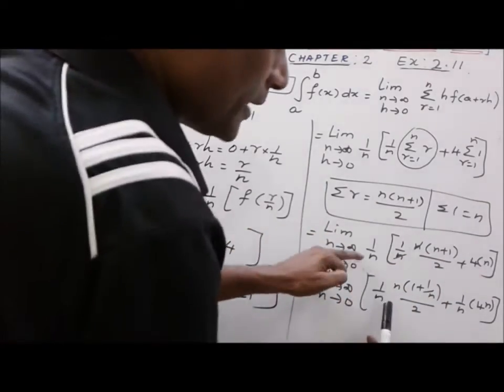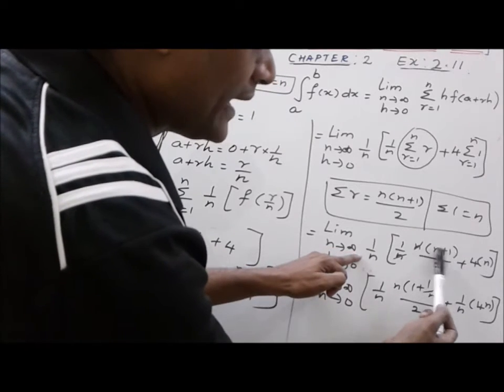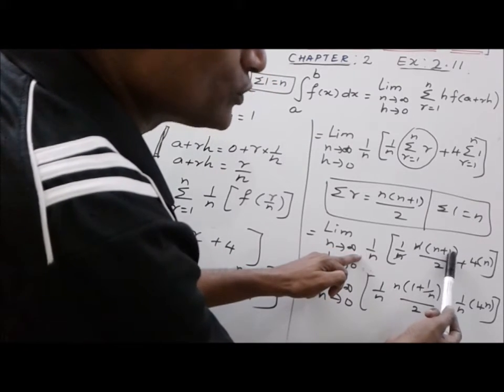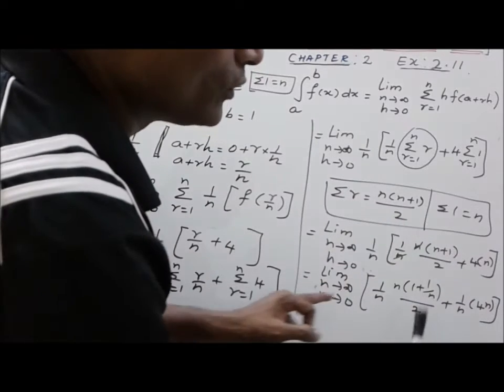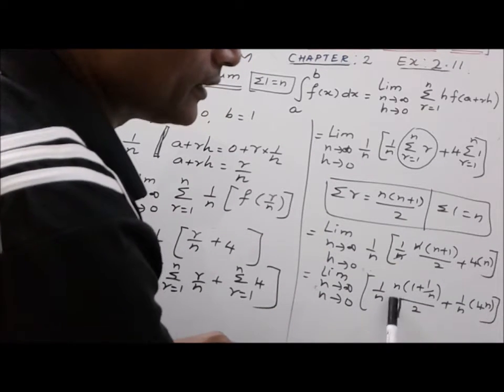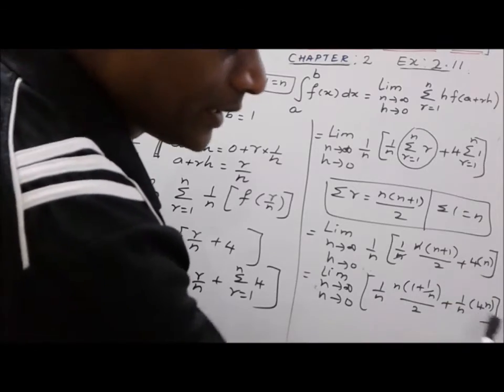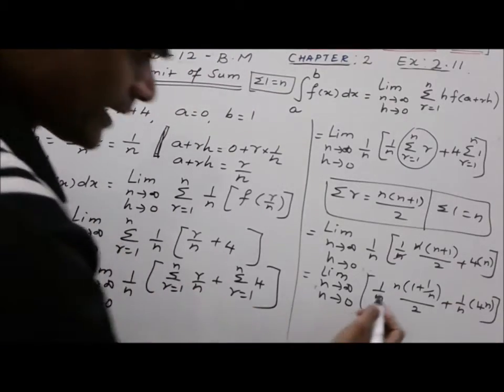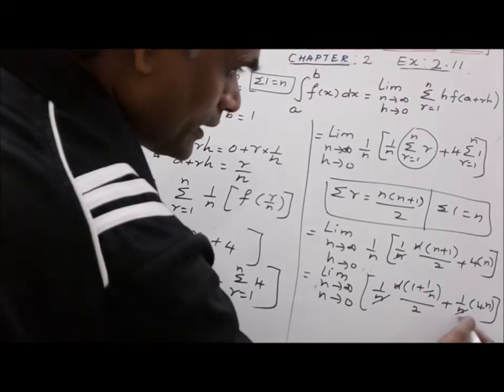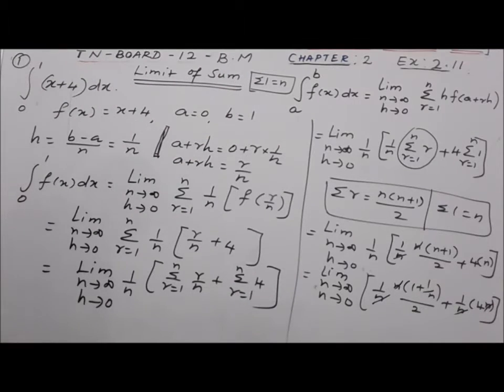This 1 by n I kept here, and then remove n as common from these two terms. Taken n out, here 1 by n divided by 2, and then multiplying this 1 by n to the next term, 1 by n into 4n. Now we can cancel again by these two n, and here n into n. The remaining are